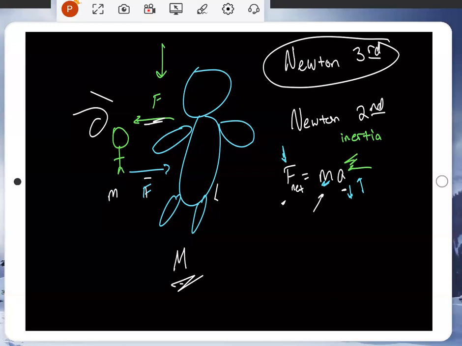Honestly, that's pretty much everything with at least Newton's second and third laws, action-reaction force pairs, inertia. Force is fairly easy, hopefully. And then Newton's first law is just a special case of the second: if there's no acceleration, or if there's no force, it's not going to move, right? That's what this means, change in uniform motion, remain at rest or moving. If you want to move something, you better have a force or change the motion, right? You've got to have a force acting. Okay. All right. So that's what we got here.